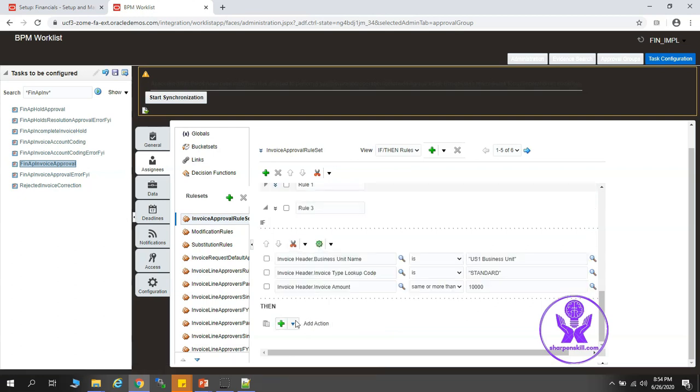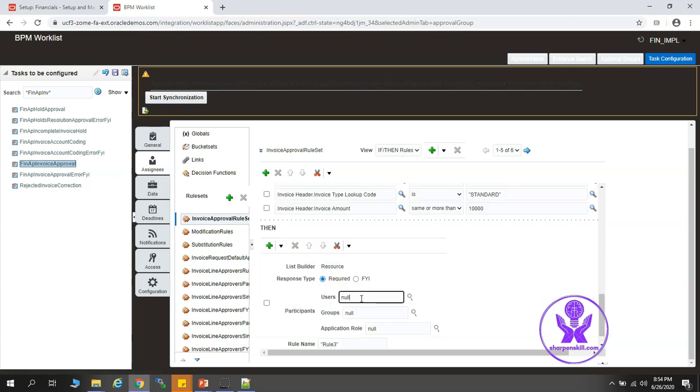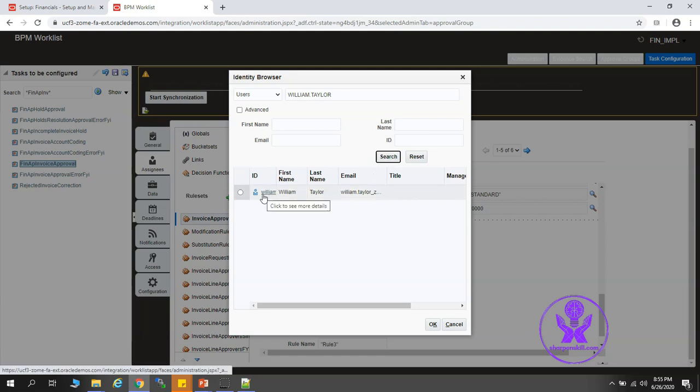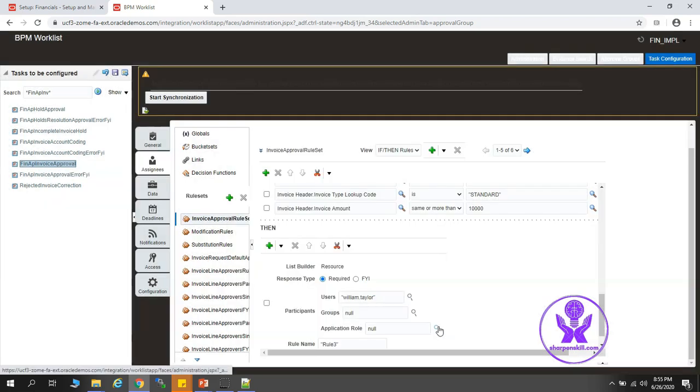Click on this cross icon. Now click the drop down beside the plus icon. Click on resource. Here we have to select the user or the group or the application role. I'll select users, right? So let's click on this search icon. I will select William.Taylor. Click on search. So here it is, William Taylor, who is the CEO of the firm. So click on OK. Right, all done.